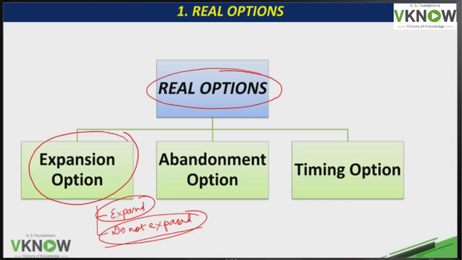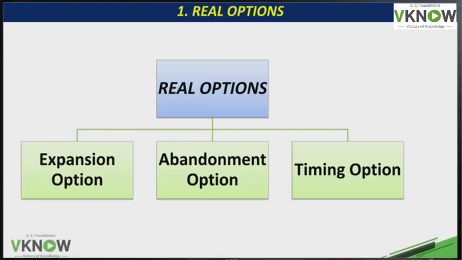Another example of real option is the abandonment option. You may have solved questions of capital budgeting where the life of the project is 5 years and you have computed NPV for all the 5 years. But sometimes the project may have an option where you can terminate it before maturity. So that project has this inbuilt option. In case you don't want to continue, you can abandon it before maturity, and in that case it is possible